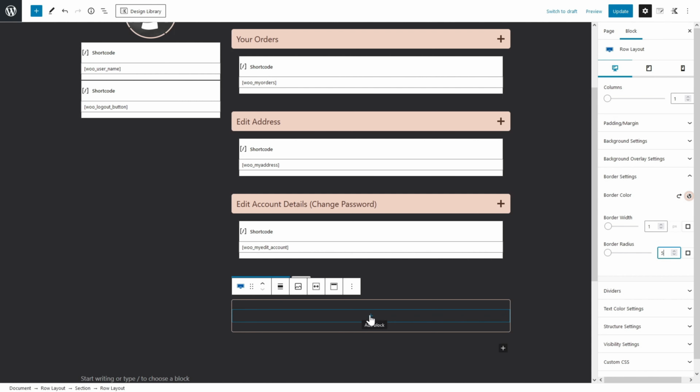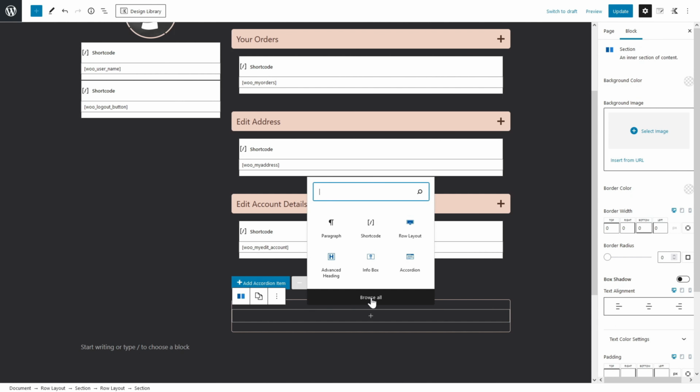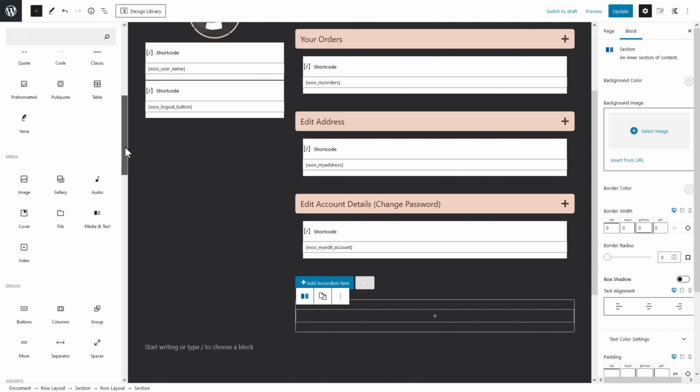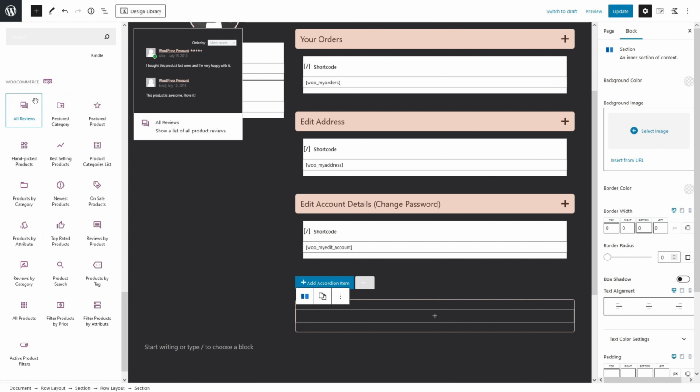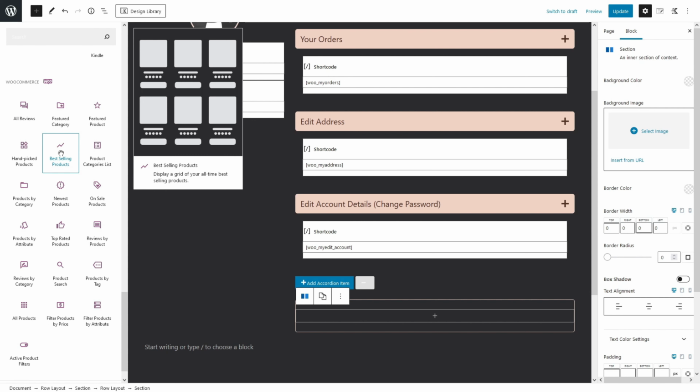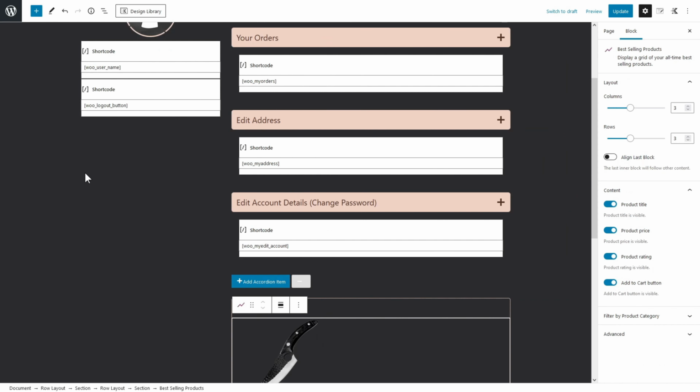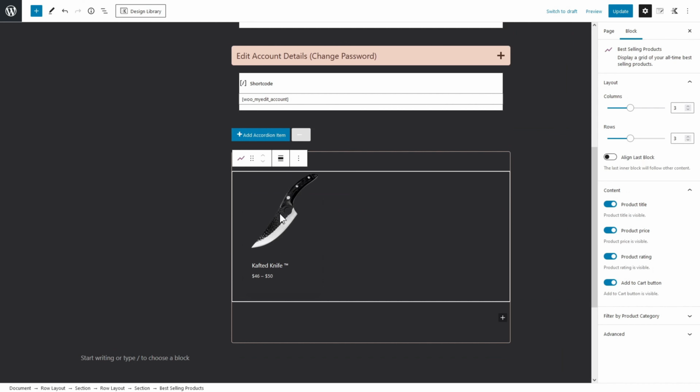Next, I want to click on this add block. You have to double click this and let's browse all. If you scroll down, these are the blocks provided by WooCommerce. As you can see, there is this best selling products. Let's select this. And right now, I only have one product here because in the previous video, we have only